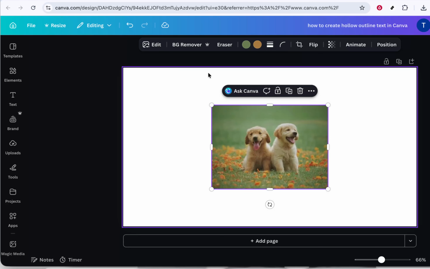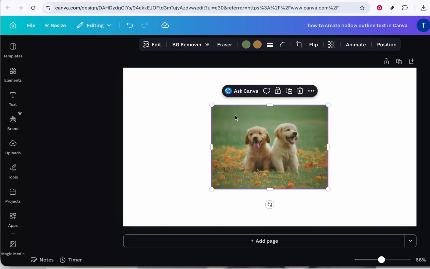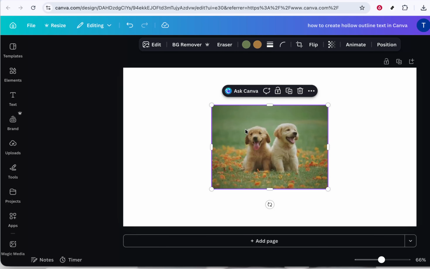Make sure the new orientation works with your layout, text, and other elements. You can always press undo if you don't like how it looks, or repeat the same steps to flip it back. And that's all you need to do. By clicking on the image, selecting Flip from the top toolbar, and then choosing Flip Vertical, you can quickly flip elements vertically in Canva,